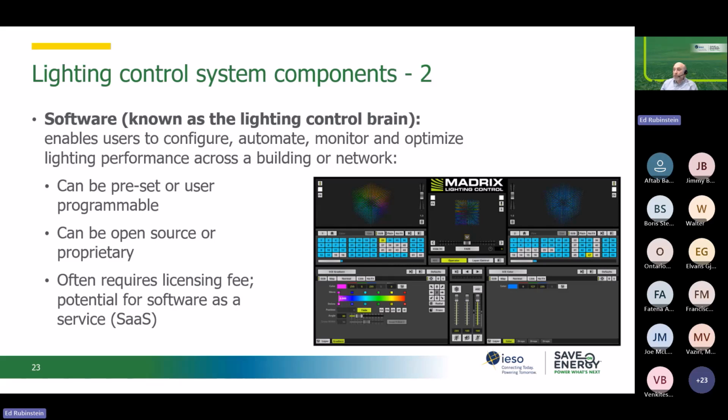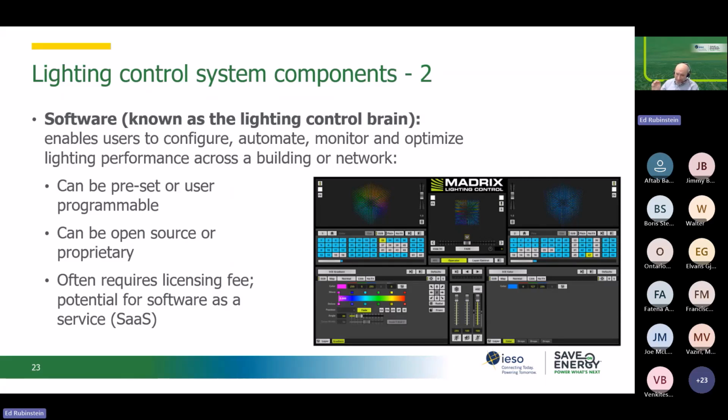What I've experienced, though, is that sometimes the ability to do that really depends on whether the software itself is open source or proprietary, right? Sometimes it's open source. You can go in on your own, or you have an energy manager focused on lighting, or maybe a building operator. They can make changes themselves. If it's proprietary, you may need additional training, additional tools. Maybe you need someone to come in from the outside to do that for you,